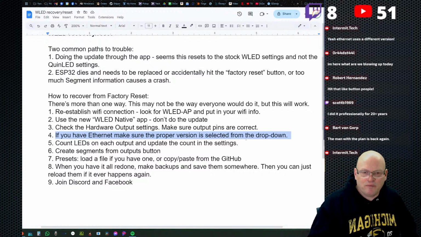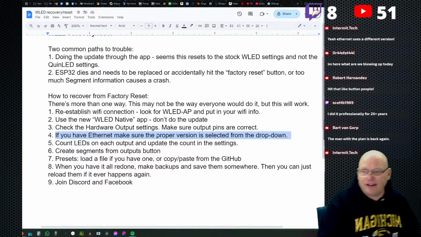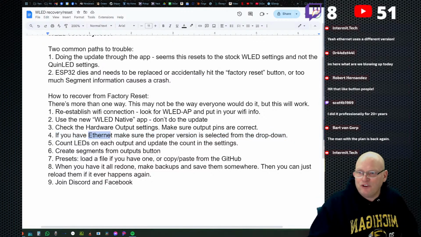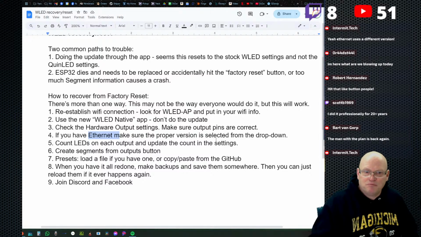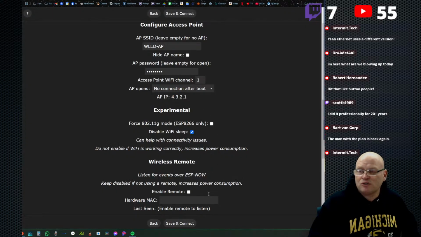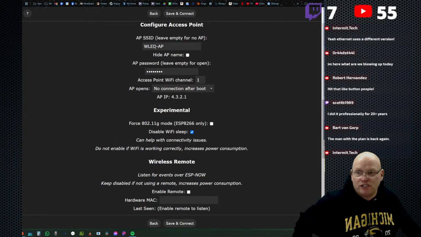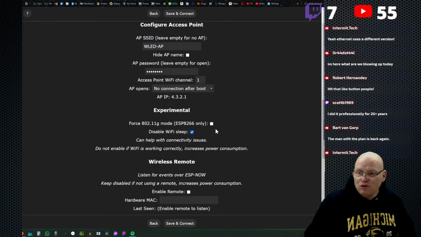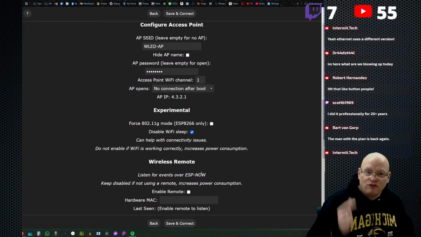That's not exactly what my brother-in-law needs, so I'm not going to flash one of those right now. But if you're using Ethernet, go to that page and make sure that you select QuinLED from the drop-down. If you're looking at this page with an Ethernet version and you go down to Wi-Fi settings and there is no drop-down like this one, then that means you don't have the correct version flashed